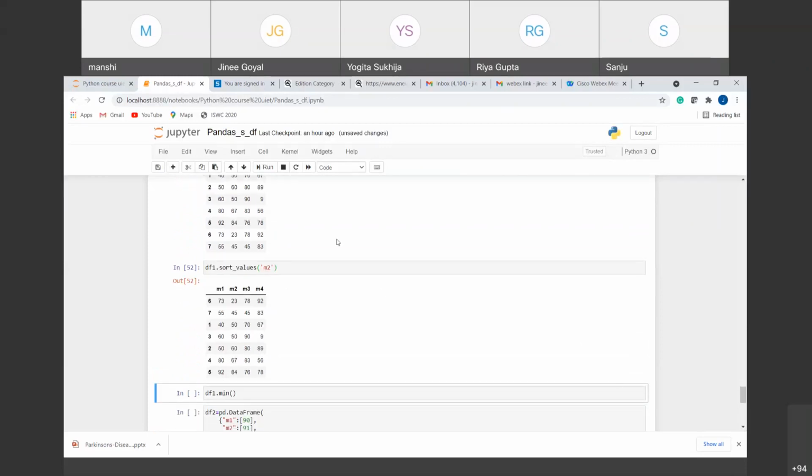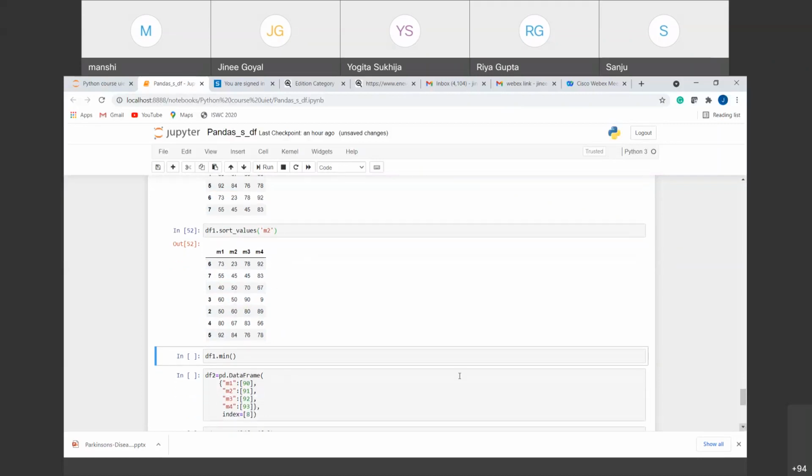So you can see here that the values have been sorted, and you can also see that the corresponding values of the others are also shown, right? And the indexes have changed accordingly. So if 23 has changed from 6th position to 0, all the corresponding values are changed because all the values may be interlinked to each other, right? So this is how you can sort the values, but other values will also change. You cannot change the indexing of the column. You can just sort the values, right?